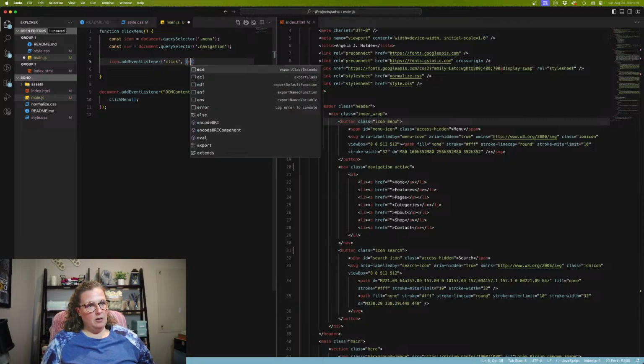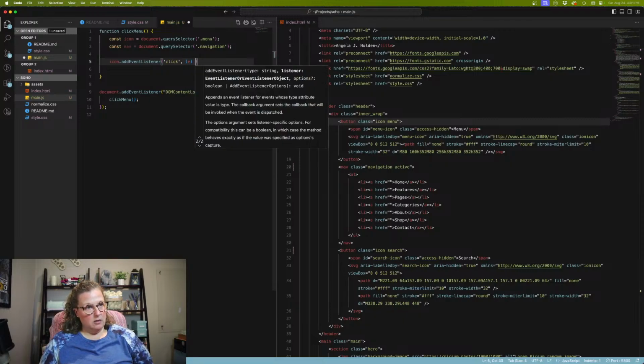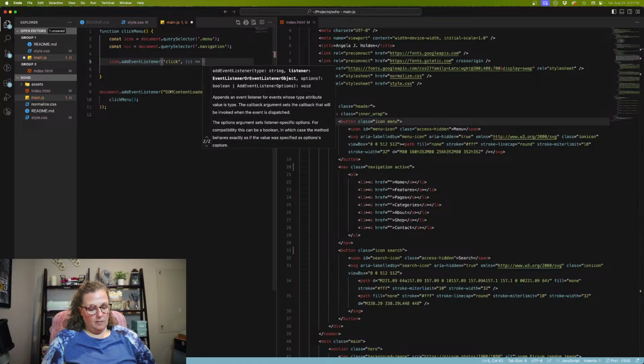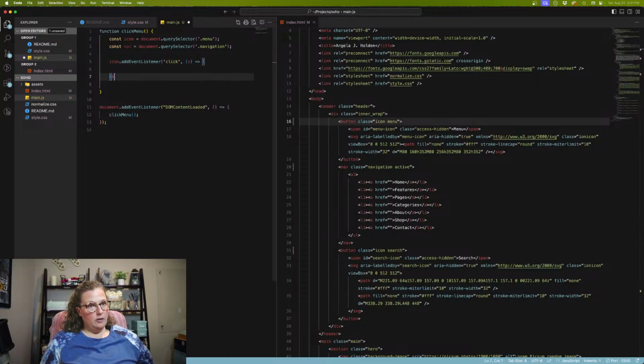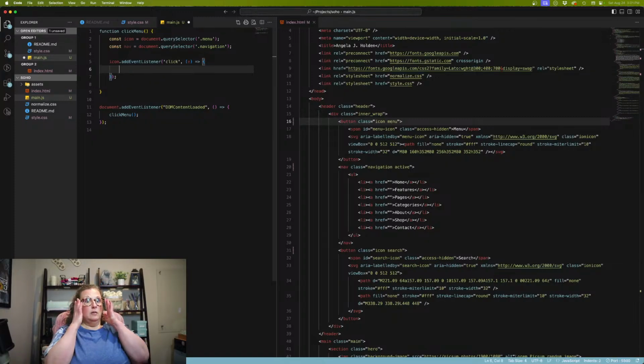And I think we're going to need an event. I usually cheat and I go back and look at other scripts that I've written, but I'm not sure where in my GitHub it is. So I'm doing it from memory. Icon, add event listener, click. So we're going to say